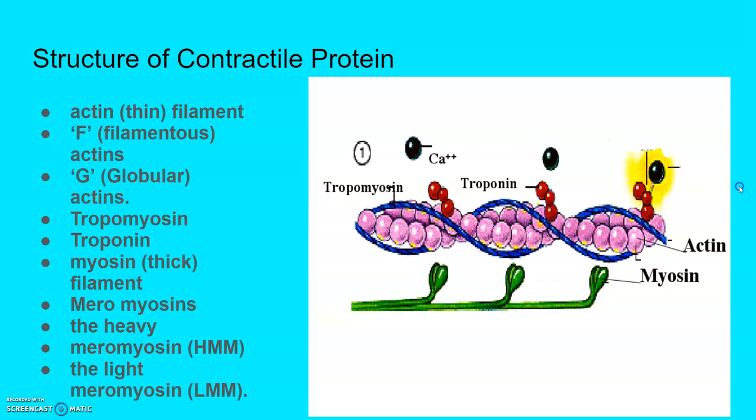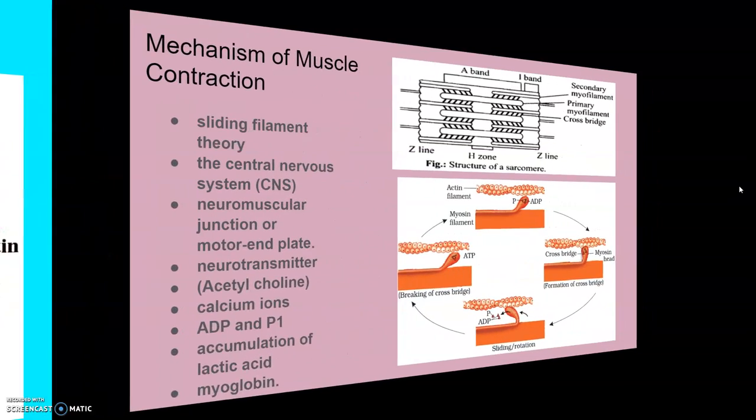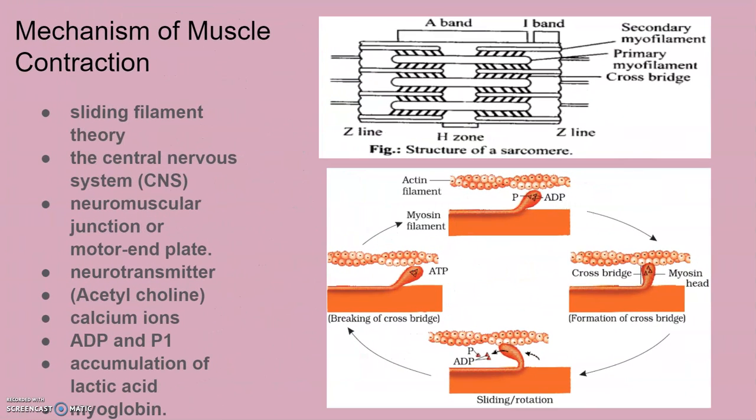So this is the structure of the actin and myosin along with the meromyosin that will further function in the mechanism of muscle contraction. Now let's discuss the mechanism of muscle contraction. It is explained by the sliding filament theory. It states that the contraction of a muscle fiber takes place by the sliding of the thin filaments over the thick filaments. As we have discussed, what are the thick filaments and the thin filaments? They slide over each other, and that results in the functioning of a muscle fiber. Here we'll discuss how this sliding happens and how the structure of actin, myosin and meromyosin plays a role in the proper process of muscle contraction.